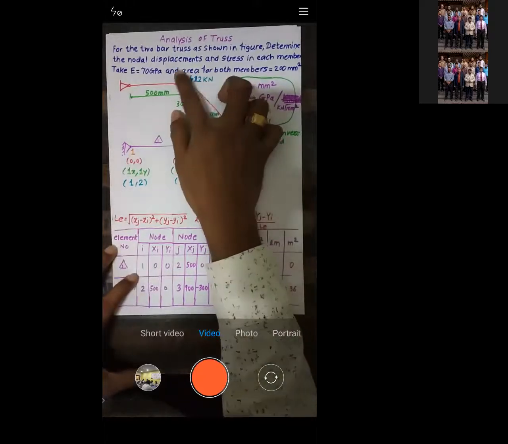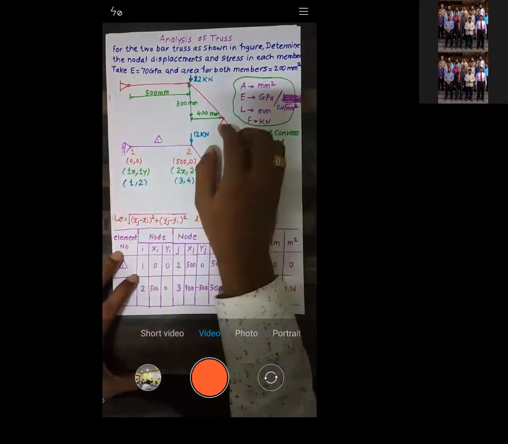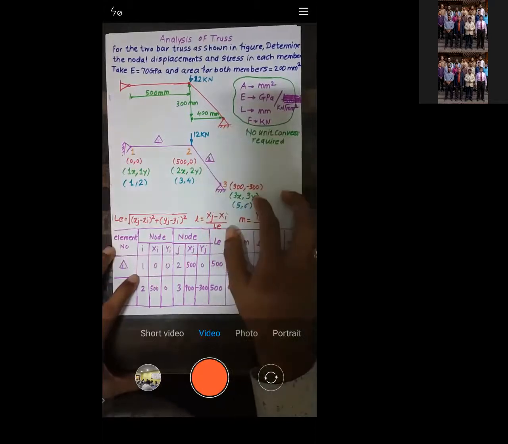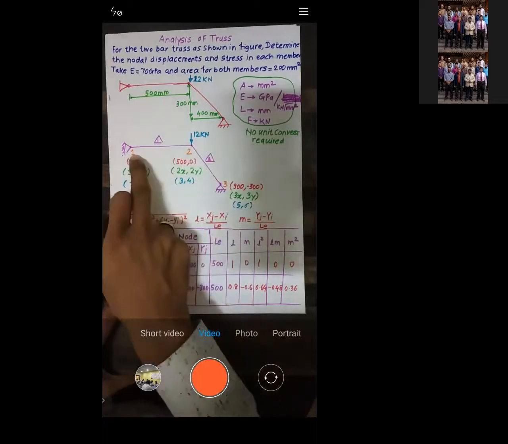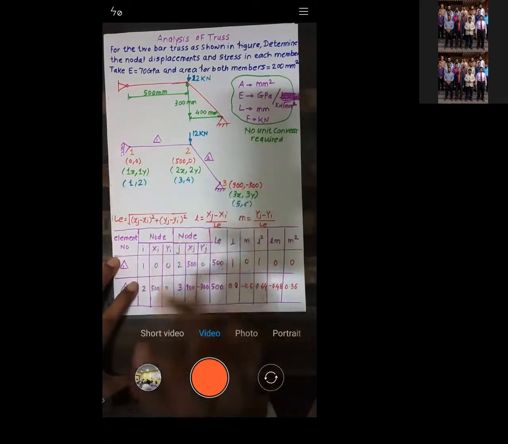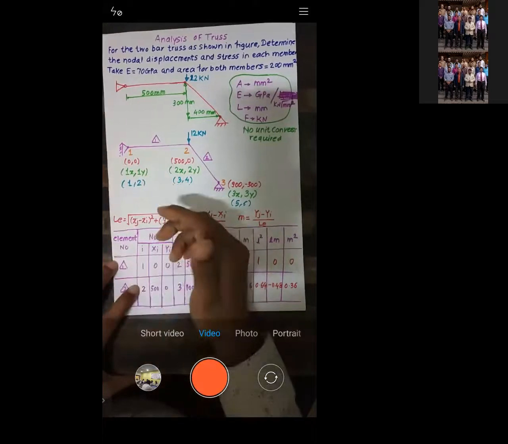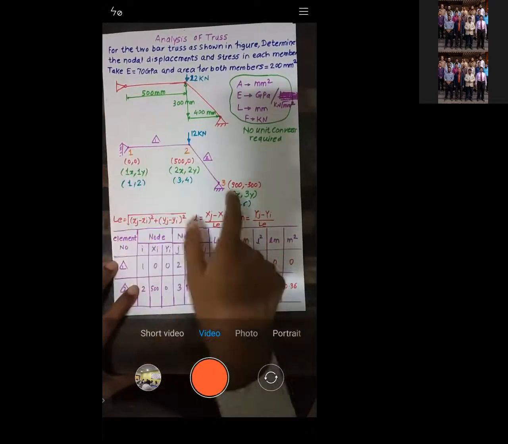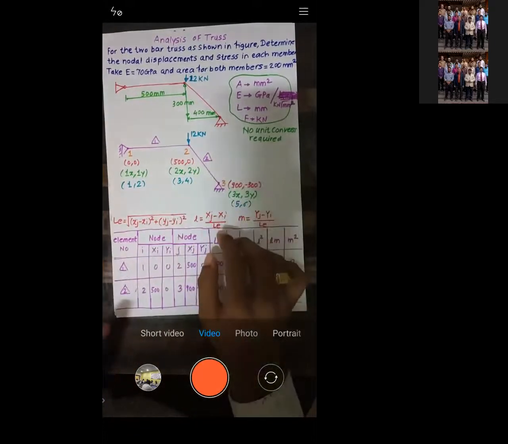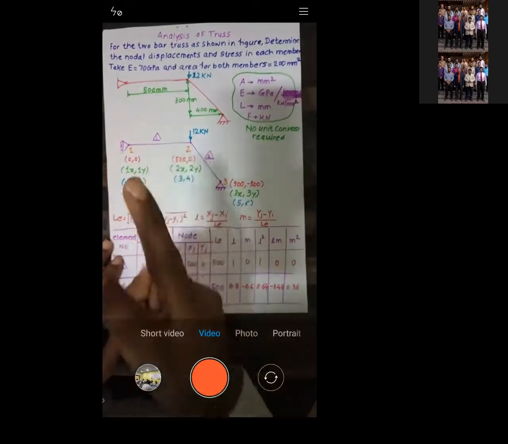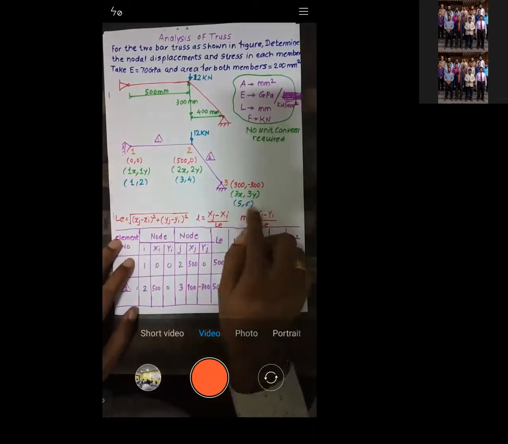Now they applied 12 kilonewton at this point. This point they have made fixed, and this point also they have made fixed. Now, in order to start with the problem, we assigned the elements, numbered the nodes, and gave the coordinates to every node. Then we started assigning the degrees of freedom. As you can see, every node can move in x and y direction. So there are 3 nodes and each node will move in 2 directions, x and y. So the total degrees of freedom are 6, right?